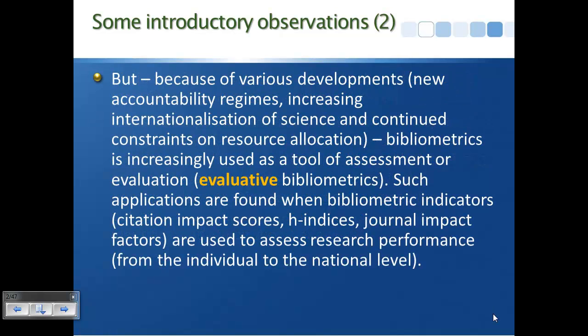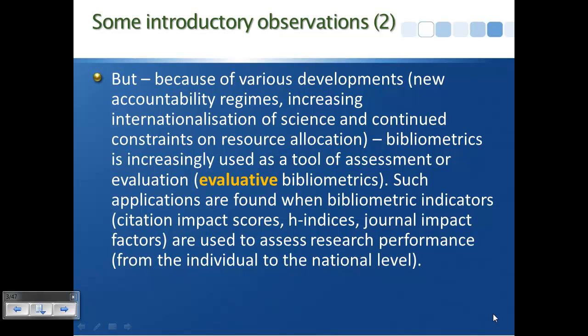But arguably, because of various interesting developments and some not so interesting developments, the application of bibliometrics these days is much more in the field of evaluative bibliometrics, where bibliometrics is used as a tool to evaluate something, to assess something. Now, the background to that, and we can have a long discussion about it, is that since around the late 1980s and early 1990s,